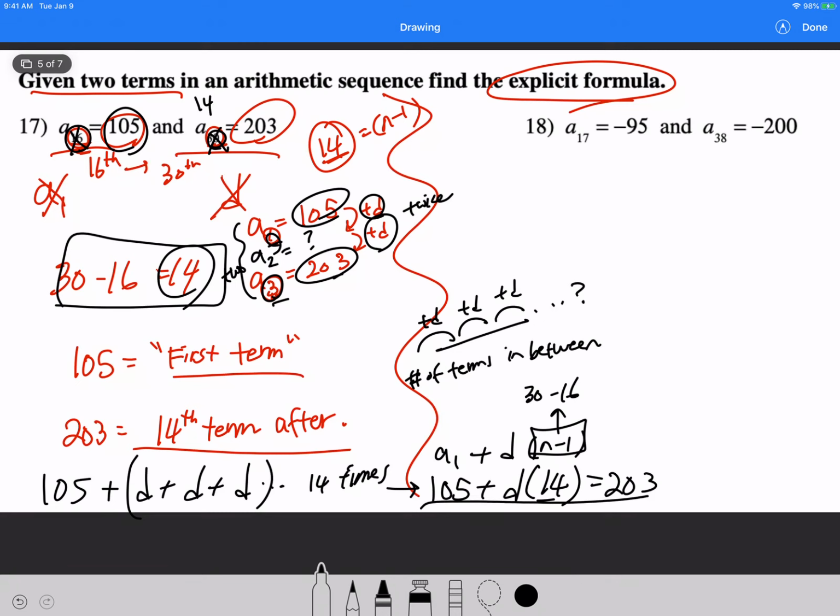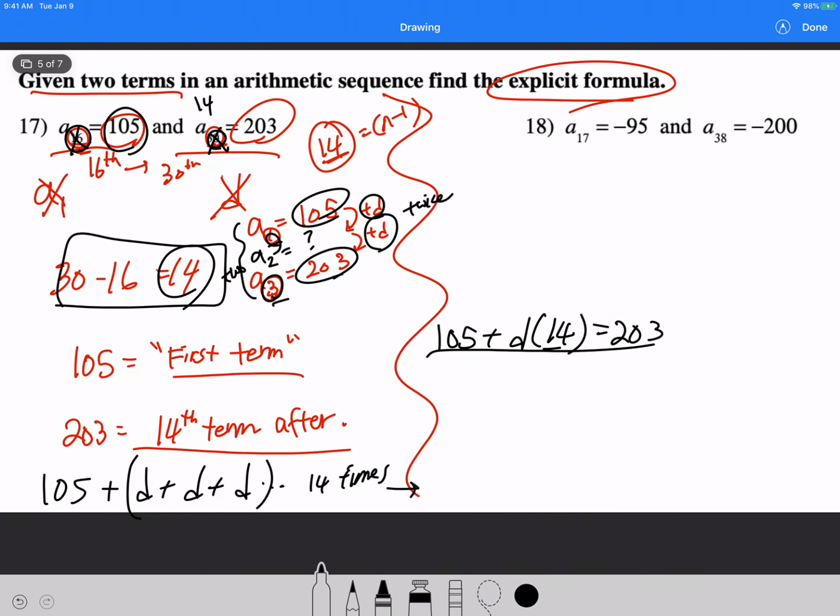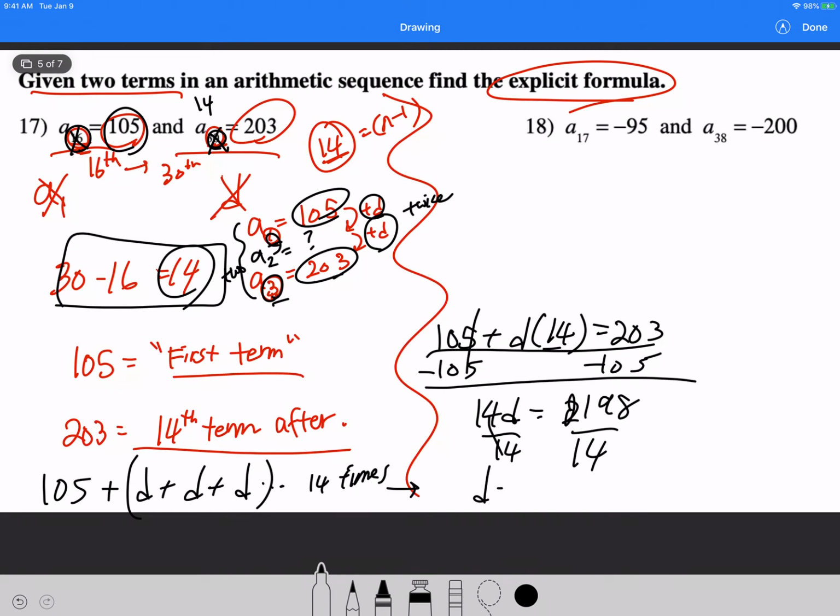So if you do this, let's say that I erase all this part right here. So I want to solve this. I'm going to move this up a little bit. Okay, all right, so here what I'm going to do is subtract 105 on both sides. So 14d is equal to 198. And if you divide both sides by 14, d should equal